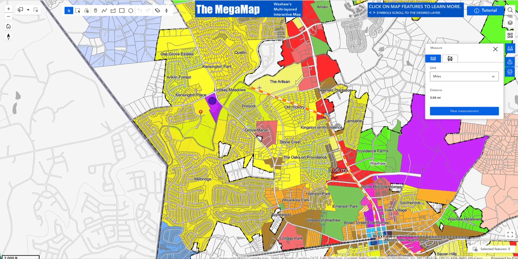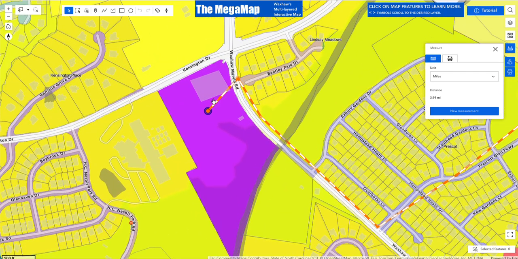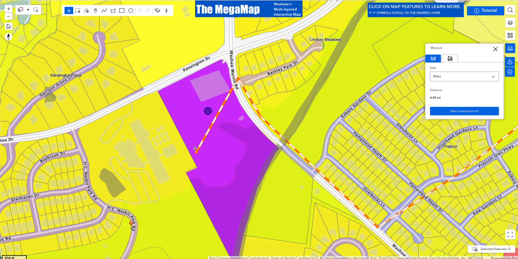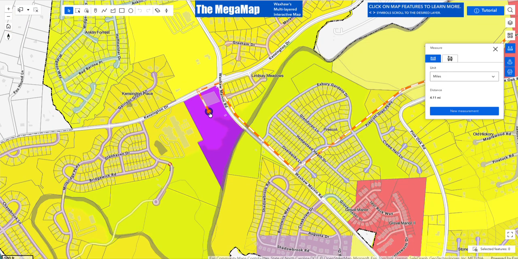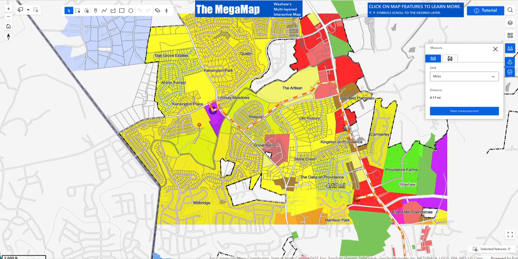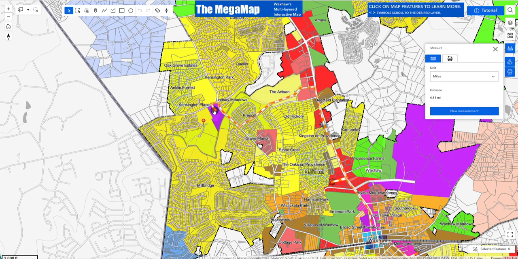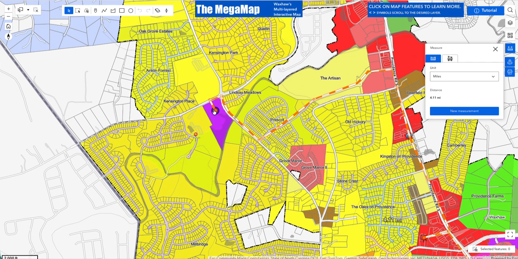Let's see. How about after the police department, we will head over to the trailhead, the Carolina Thread Trail, through Prescott, up Waxhaw Marvin Road. And as you zoom in, the fidelity gets better. So you can see over here, this is Kensington Elementary. So right behind Kensington. If you remember, you go through this intersection, you come down here, you drive past the school, and might have to zoom out to see what the mileage is. It's kind of hidden underneath the oaks on Providence right there, so it's 4.11 miles. All right, so whether that's driving or walking,